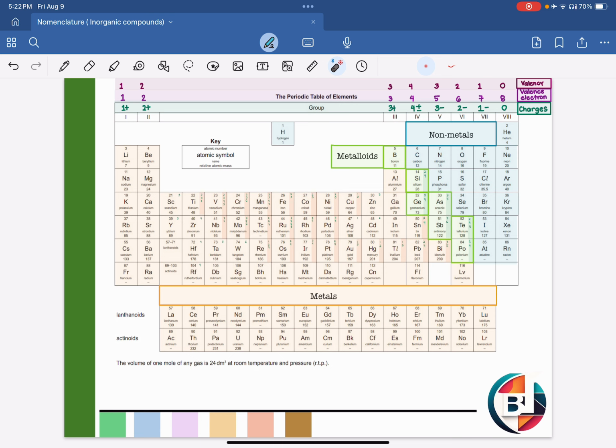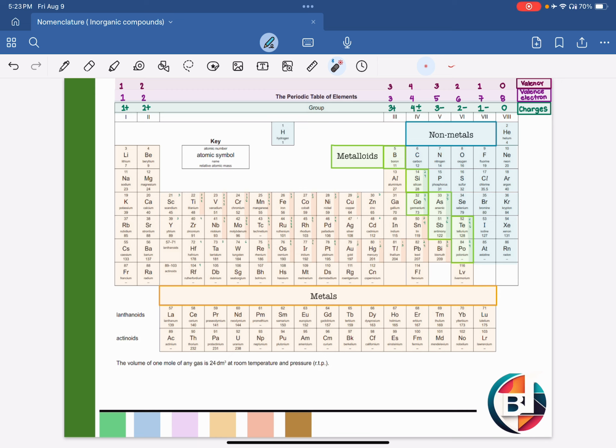Now let's clarify some key terms. Valence electron. It is defined to be the electrons located in the outermost shell of an atom and are considered crucial in chemical bonding. Valency. It is the measure of an element's ability to bond, which can be defined as the number of electrons a